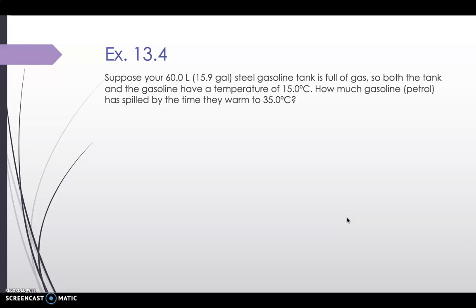It states, suppose your 60-liter steel gas tank is full of gas. So both the tank and the gasoline have a temperature of 15 degrees Celsius. Okay, so they're at thermal equilibrium. How much gas or petrol has spilled by the time they warm to 35 degrees Celsius? Okay,